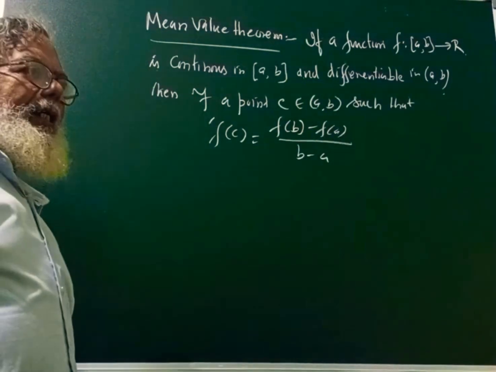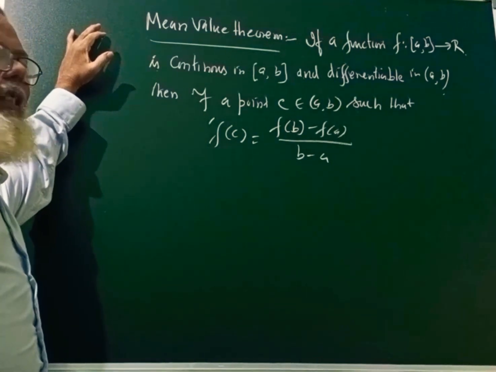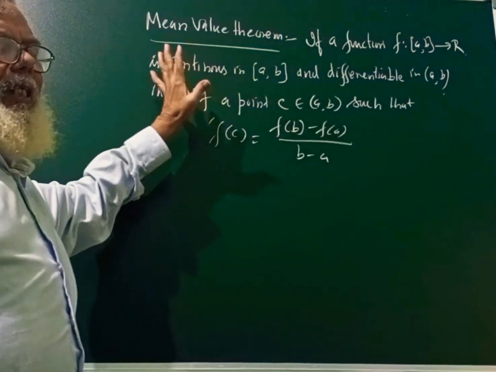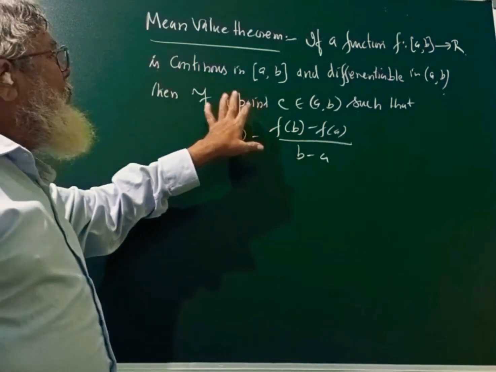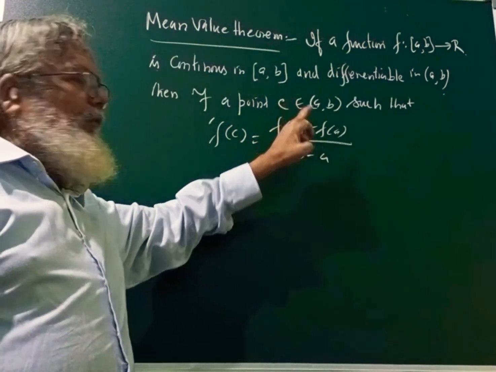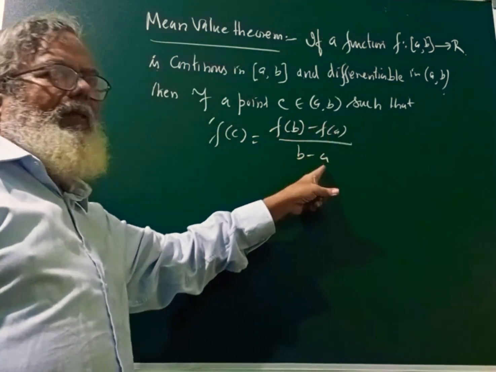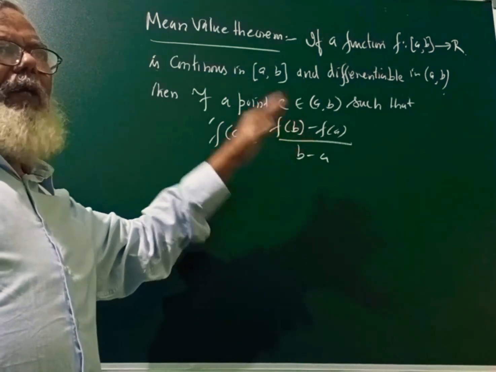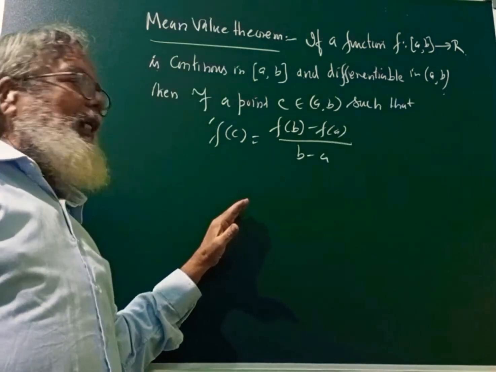If you see carefully, it is nothing but an extension of Rolle's theorem. In Rolle's theorem, the two conditions are the same, continuity and differentiability. The third condition is not there here. Whenever two conditions are satisfied, the mean value theorem says there will be at least one point c at which f dash c is equal to f(b) minus f(a) divided by b minus a. Rolle's theorem says that f dash c is equal to 0, but here he has given the value of f dash c. Let us understand the geometrical meaning of this theorem.